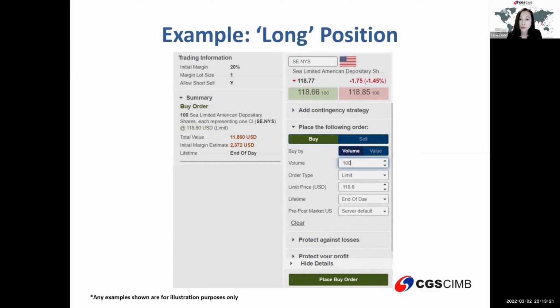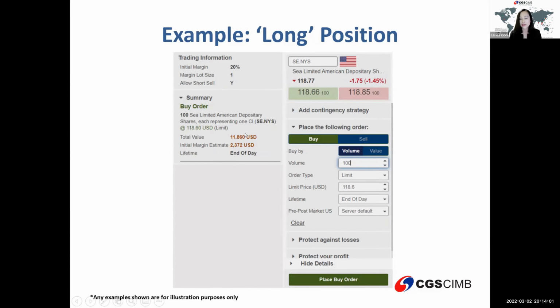Normally, whenever you pull out an order ticket on your CFD platform, you will see the initial margin required stated there, so it's very clear cut. Back to the example I was saying just now, C Limited: if I find this price good enough, I would like to get in and buy some. I pull out an order ticket on C Limited, as you can see the ticker code here. The initial margin shown is 20%. US shares, every lot size is 1 share. So I would like to buy 100 shares. I key in the number of shares and the limit price that I want, and then it shows the total value.